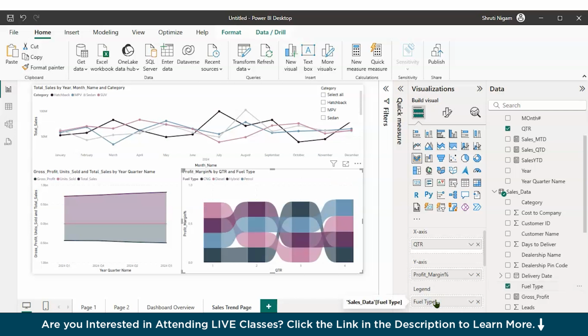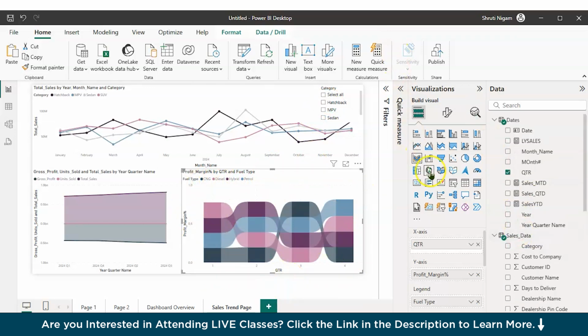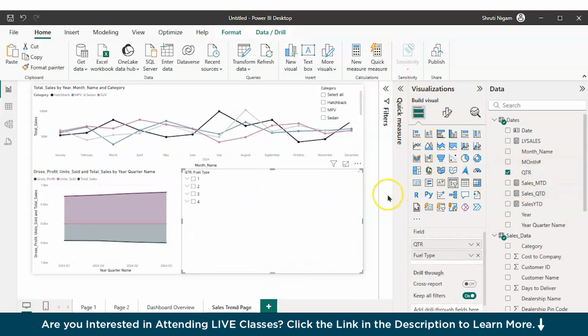Let's switch the quarter and the fuel type. Easy to know now, right now. This is quarter 1, quarter 2, quarter 3, and quarter 4. We can see here right now. This is CNG, diesel, hybrid, and petrol. Now this quarter is aggregate quarter for individual year. We do have only 1 year. So let me show you by adding the slicer here. If I add a slicer here for year,